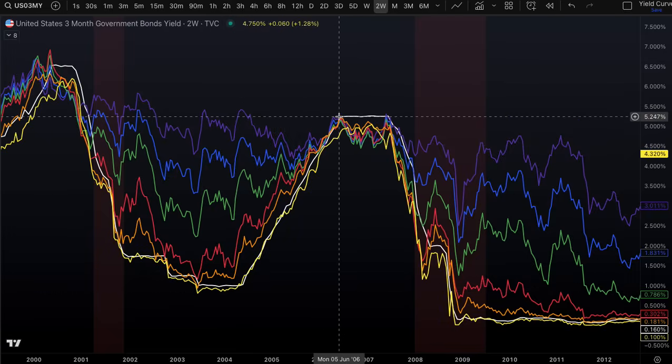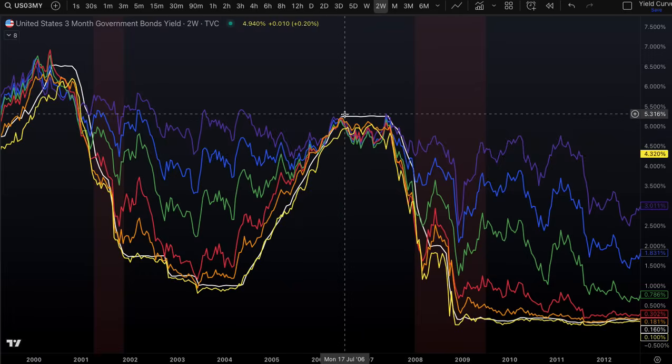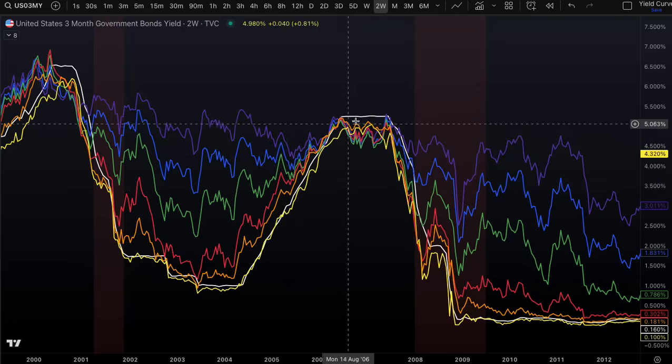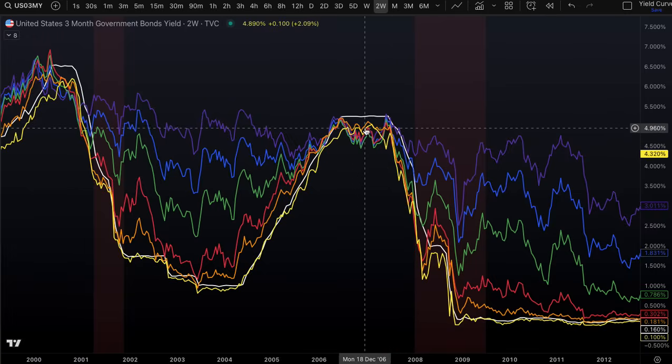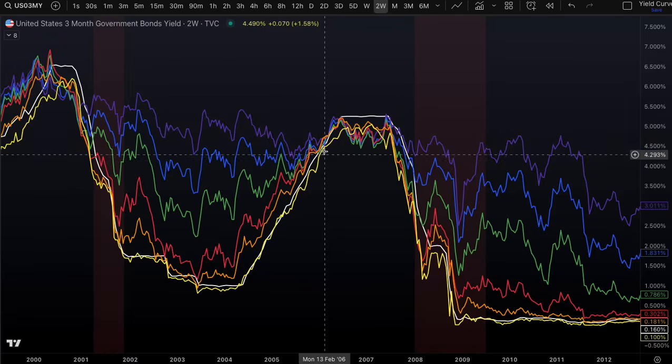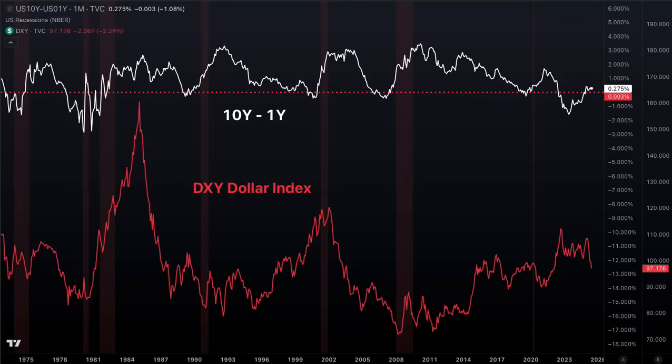This white line is the federal funds rate. It was going up. And we can see the 2 year and the 3 month, which are yellow and orange lines, the shorter maturities, they basically followed the federal funds rate. And in fact, up through here, we actually got those short-term rates, like the 1 year interest rate, higher than the 30 or the 10, right? That is an inverted yield curve. It's just another way to visualize what we were looking at here.